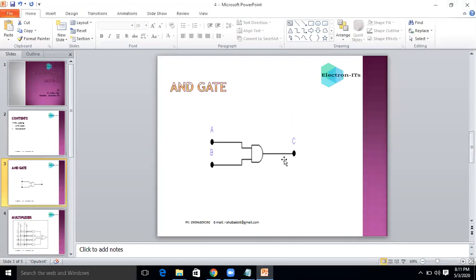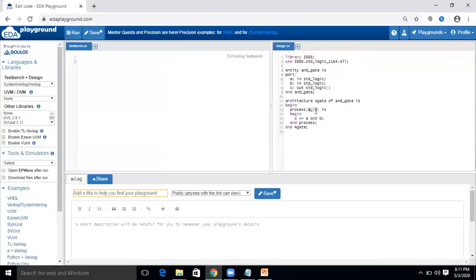Then the begin statement, and in the process we have to use the inputs in the diagram which we are using. A and B are the inputs and C is the output. So C we have defined as A and B, where and is a gate primitive. Here I use small letters a, b, c, you can use capital letters as shown in the figure also. And then you have to end this architecture by typing the end command. First you have to end the process by using end process, and then end the name of the architecture. Here a_gate is the name of the architecture, so type end a_gate.